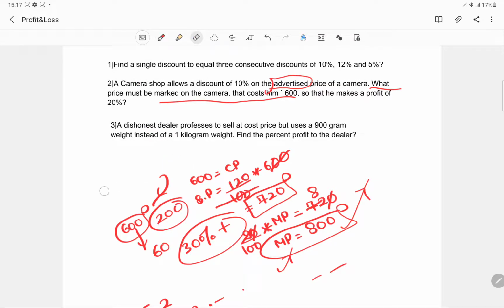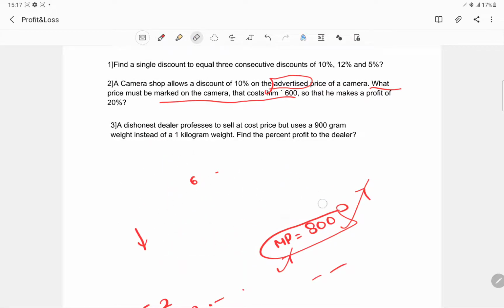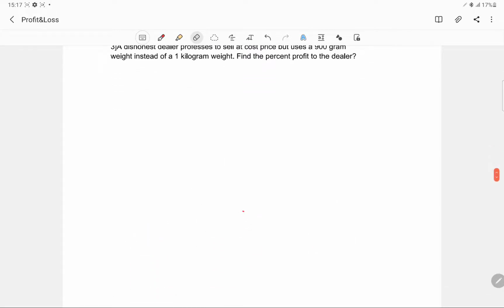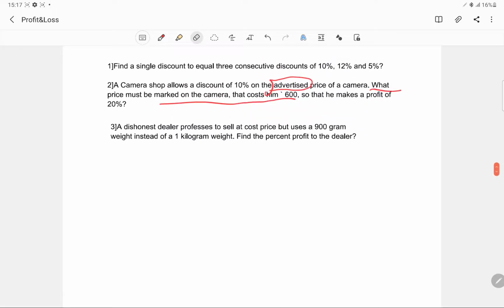Now let's come to the last question. So this question I actually introduced because there is a way. We will do a lot of questions based on that, but this is just a simple question. See, one way of making profit is that you sell it at a higher price. For example, there was a single article, it costed me 400, I sold it for 500.